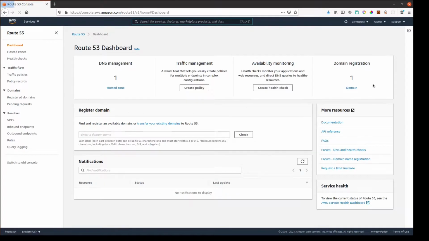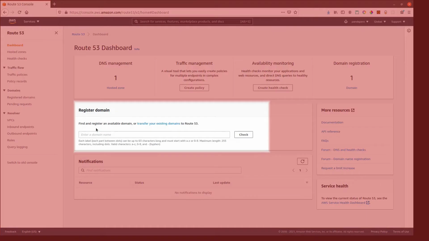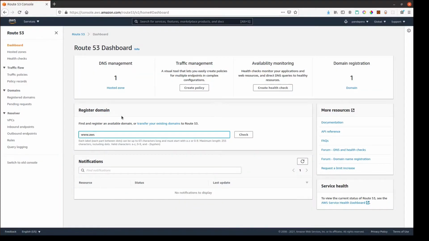In this page, as you can see, I already have a domain and it is hosted in Amazon. However, if you do not have a domain, you can search and register it using the register domain field. For example, I type here an exemplary domain name. And if I click the check button, it will take me to another page where I can see if it's available, or it will suggest me another extension such as .net or .io instead of .com. Since buying a domain is not part of this tutorial, I will assume you already have a domain and continue